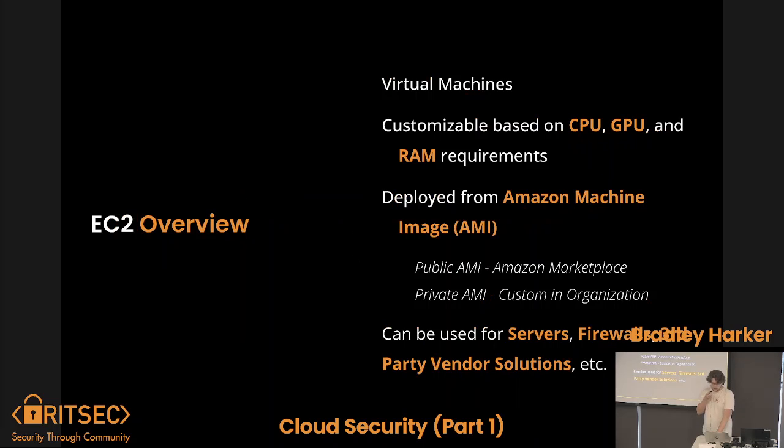So, high-level overview. These are virtual machines. You can customize them based on CPU, GPU, and RAM requirements. Yes, you can attach GPUs to your EC2 instances. They are deployed from base images, so you can have both public and private images. The public ones you get from the AWS Marketplace. Private ones can be uploaded within your organization. But these can be used for basic servers, firewalls, any third-party software that you need to stand up